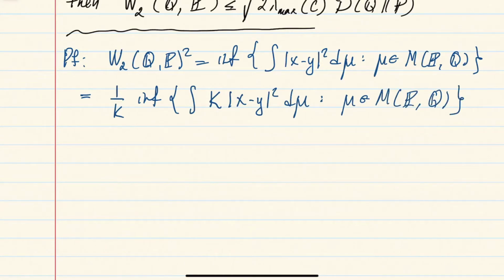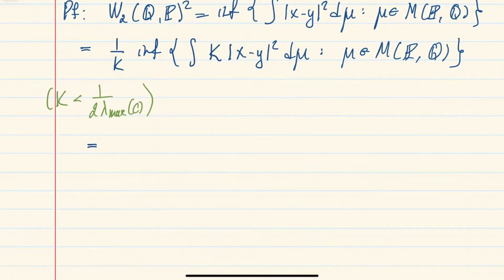Okay, and in particular the Kantorovich-Rubinstein theorem will apply to any k, but let me just point out that later on we'll use any k less than 1 over 2 times the largest eigenvalue of C. Okay, but for now, the Kantorovich-Rubinstein theorem tells us that, so 1 over k, we'll just leave it as it is, but this infimum